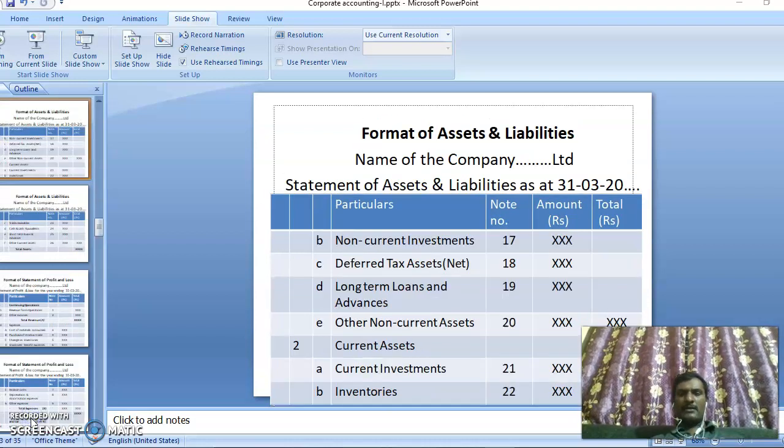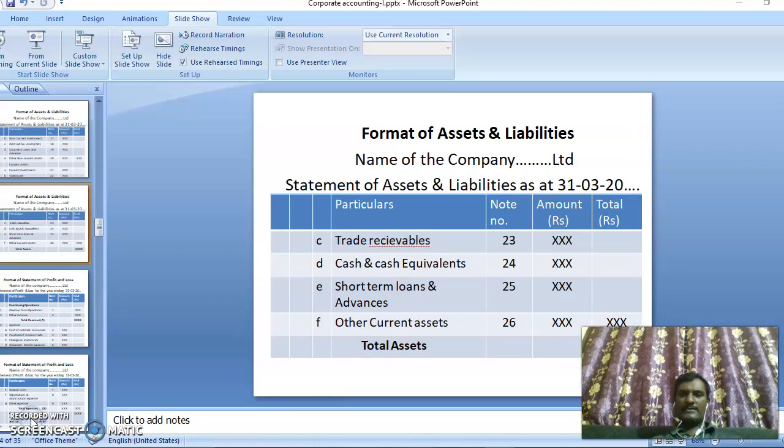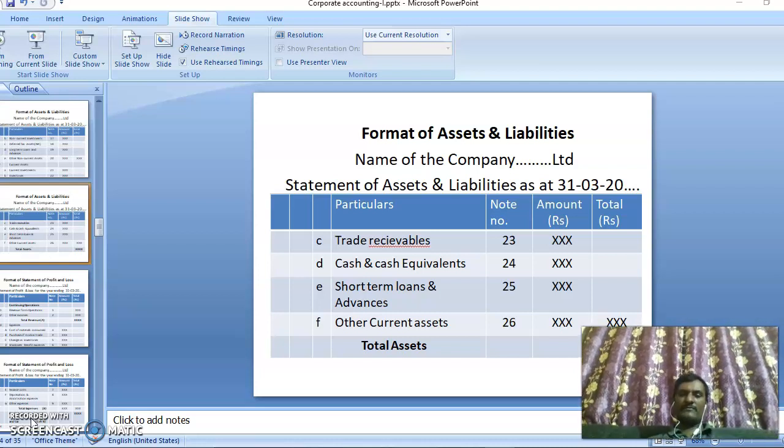The next subcomponent here is the non-current investments, deferred tax assets, long-term loans and advances, and other non-current assets, if any; those are to be taken under these heads. And the second part of the assets here is the current assets. The current assets cover the current investments, inventories, trade receivables, cash and cash equivalents, short-term loans and advances, and other current assets. Usually the current assets are the assets which are to be settled within a period of 12 months,